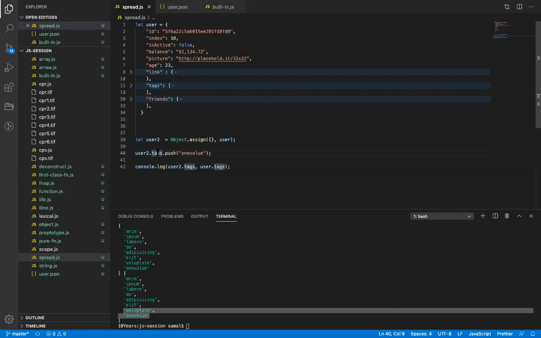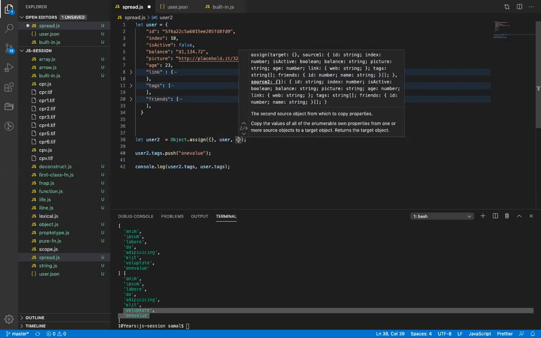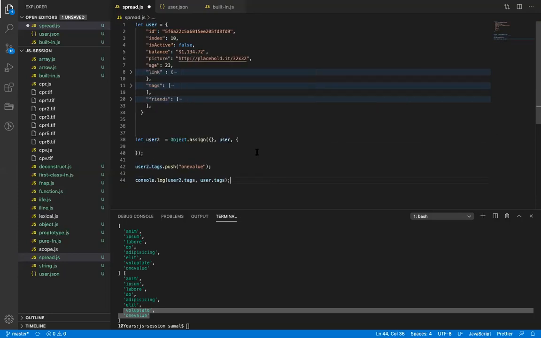Object.assign takes multiple parameters, and the last parameter will override the earlier ones. Let's say I add index: 34.